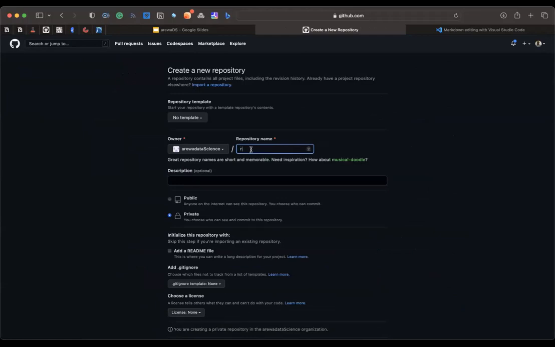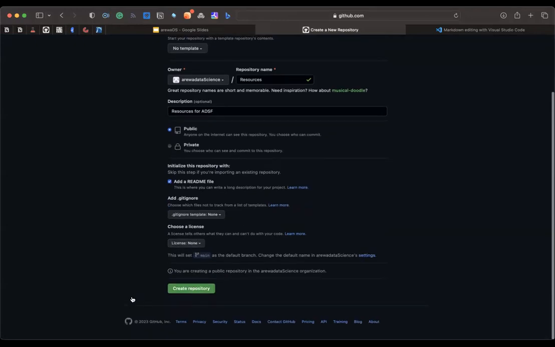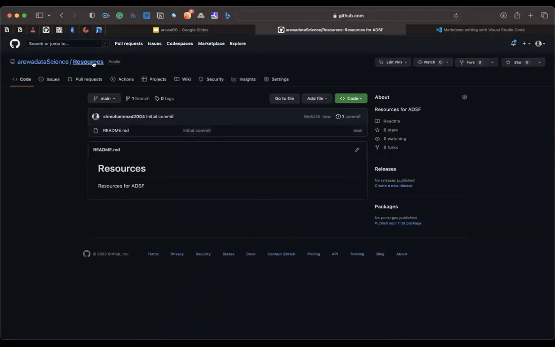So resources for ArewDS Science Fellowship, and make this public and add a README file. And I say, okay, create this repository for us. So now you can see we have our repository called resources, right? Now, if I have this repository called resources, what I want to do is I want to take this my